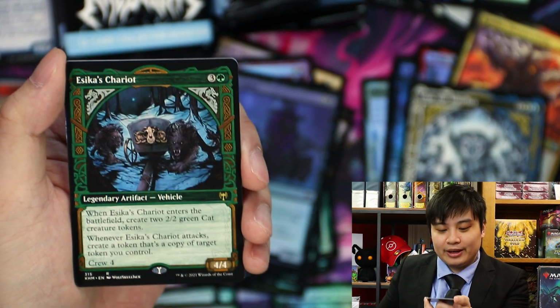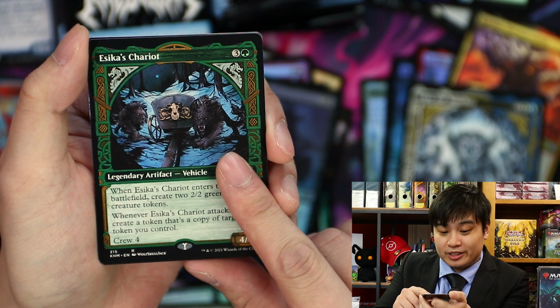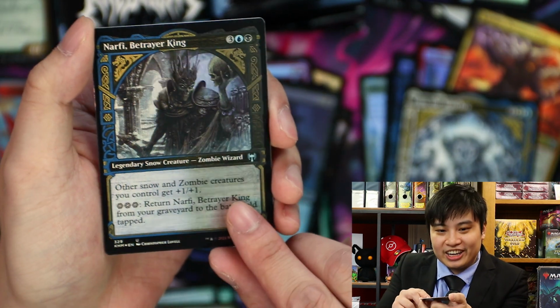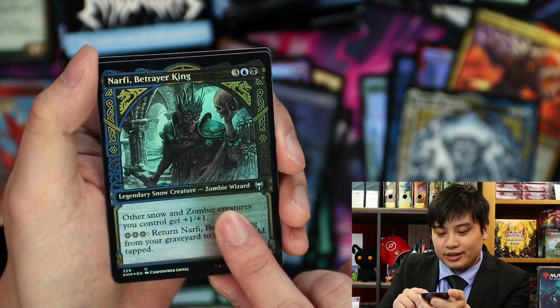Eskea's Chariot. Enters the battlefield, create 2 green cat tokens. Whenever it attacks, create a token that's a copy of target token you control. Okay. Oh wow, some of these effects are so weird. Ooh, here's the zombie tribal guy. Narfi. And our last card is going to be...